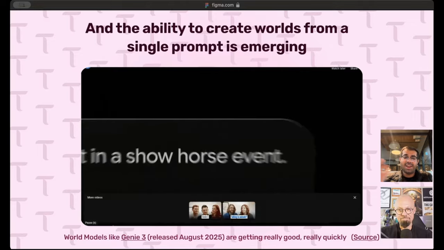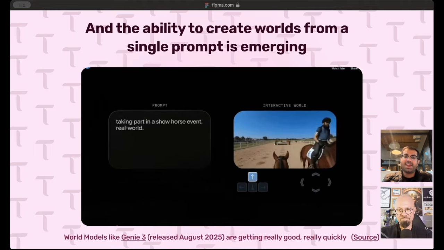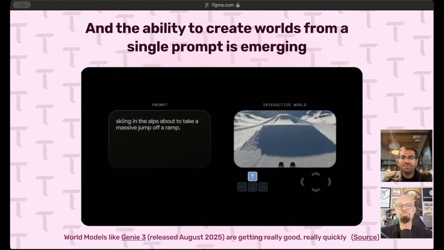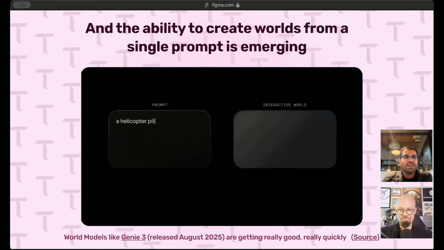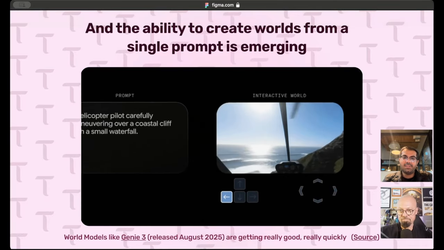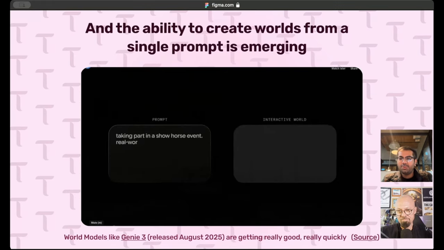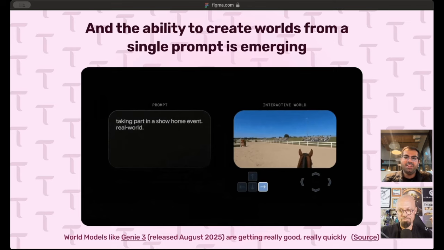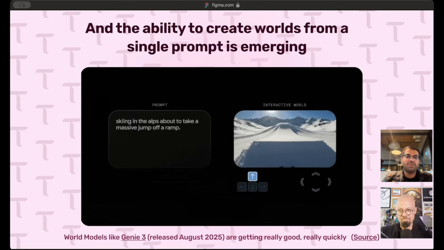You don't know how to design a world, and you don't need to know anything technical about this. You just have to visualize and express yourself. And there it is. Personally, I'm really excited about that. This technology is really nascent and there are a few players. Google's one of them, there's Odyssey ML, which is another, and then there are open source competitors popping up as well.